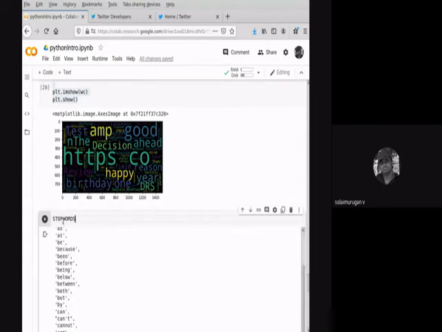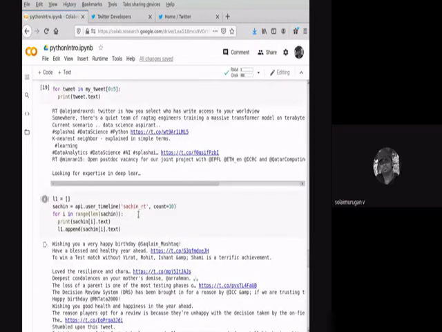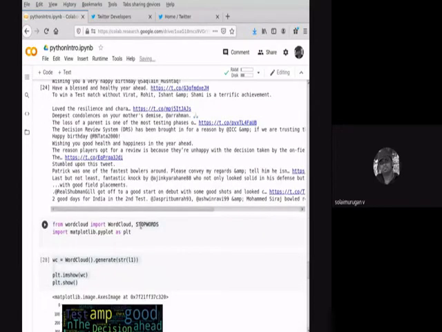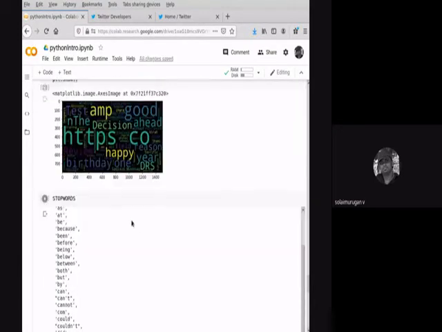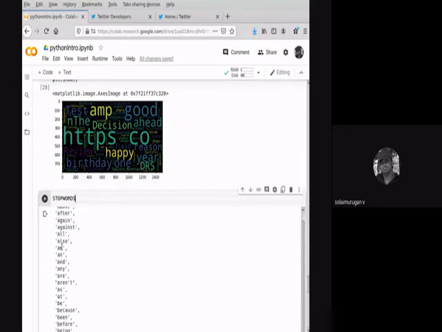I just imported the stop words function and then printed it. I haven't done anything other than that. These are words like no, about, after. These are the words they classified as stop words.